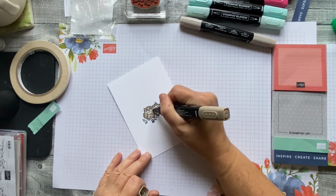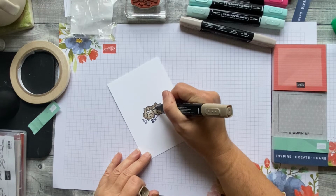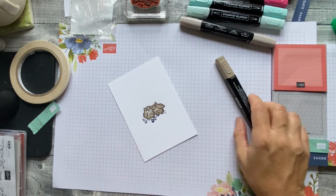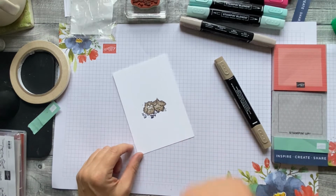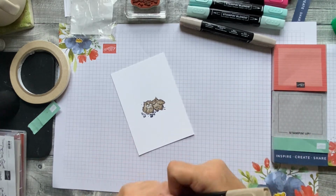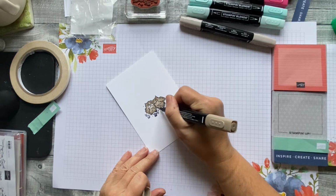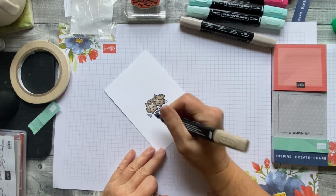Now you could colour the beak. If you got last month's blends, you can cheat obviously and go back to last month's blends and colour those little beaks in yellow. And then I'm just going to do...